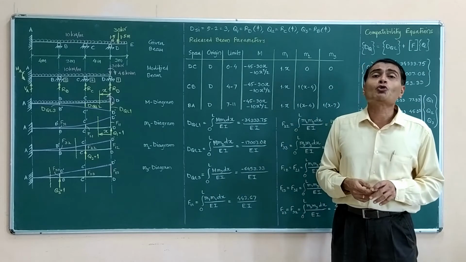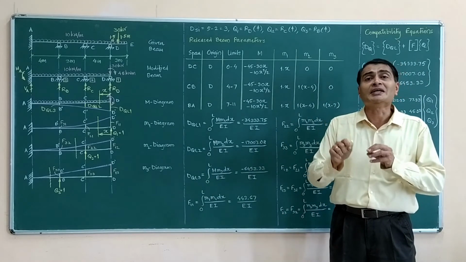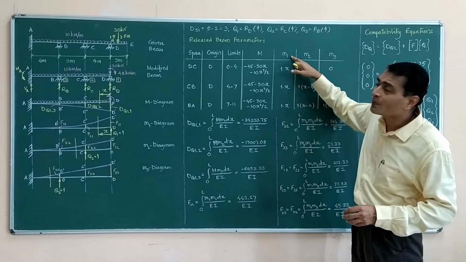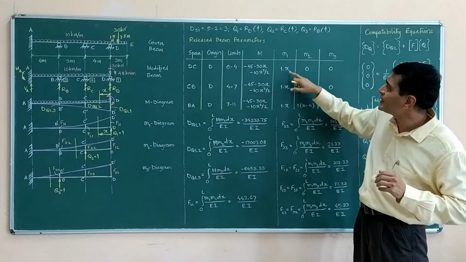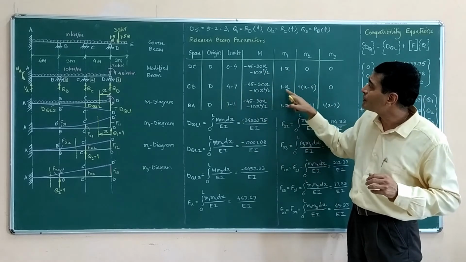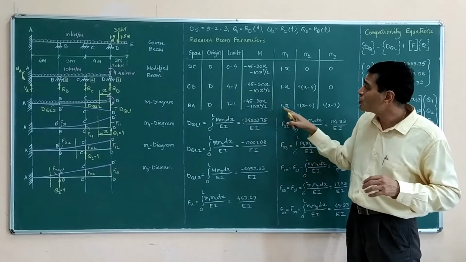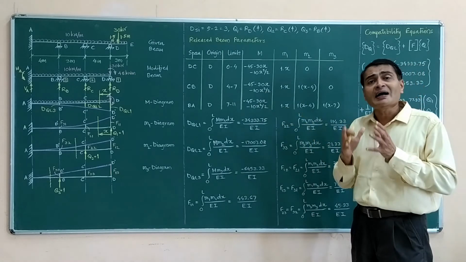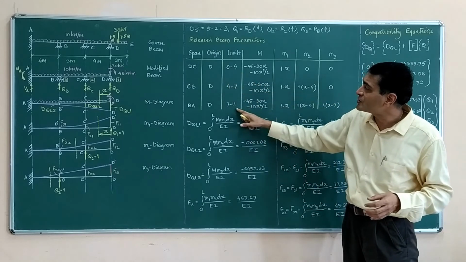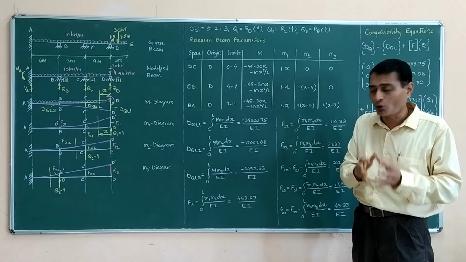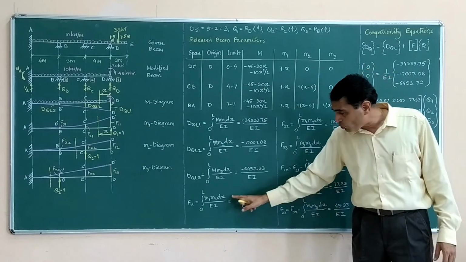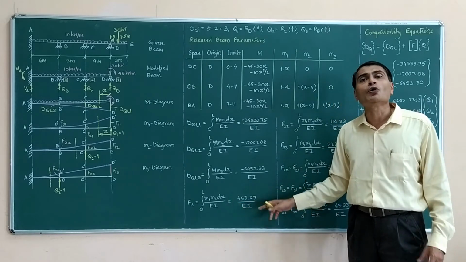F11 is going to be integral 0 to L of m1 squared dx upon EI. Now if you look at m1, it means m1 square, so clearly it is going to be 0 to 4 x square dx upon EI, 4 to 7 x square dx upon EI, 7 to 11 x square dx upon EI. Again, since that x square quantity is repeating itself, you may directly calculate 0 to 11 x square dx upon EI. You are getting flexibility coefficient F11 as 443.67 upon EI.